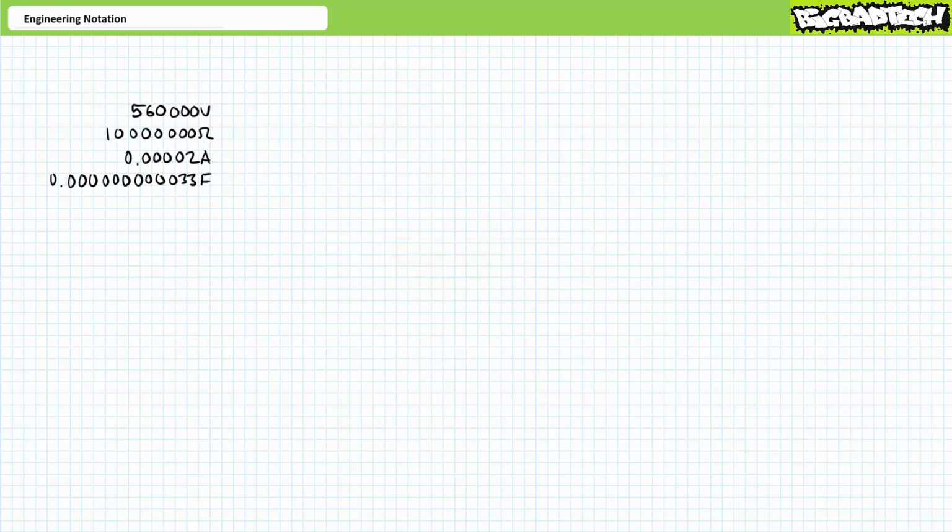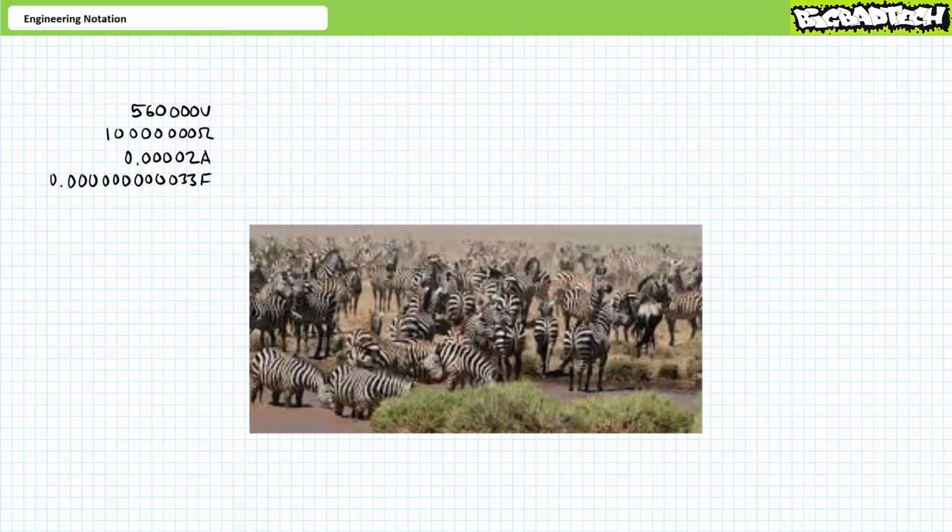Let us begin. Like I said before, the goal of engineering notation is to make unusually large and unusually small numbers easier to write, read, and most importantly, conceptualize. Consider the unwieldiness of numbers like 560,000 volts, 10 million ohms, 0.00002 amps, and 0.00000000033 farads. At first glance, all these zeros blend together like a herd of zebras trying to confuse a predator,